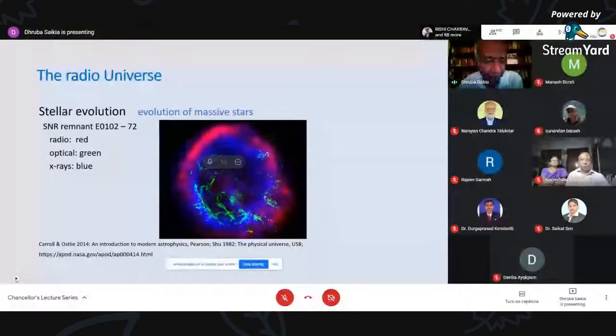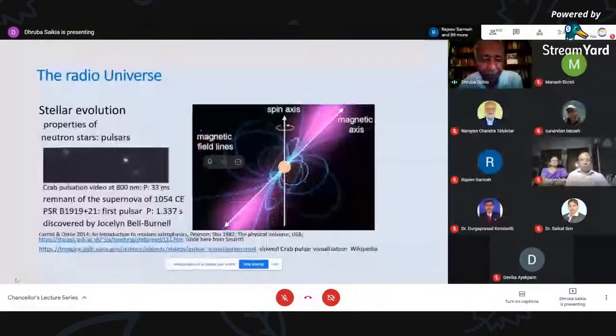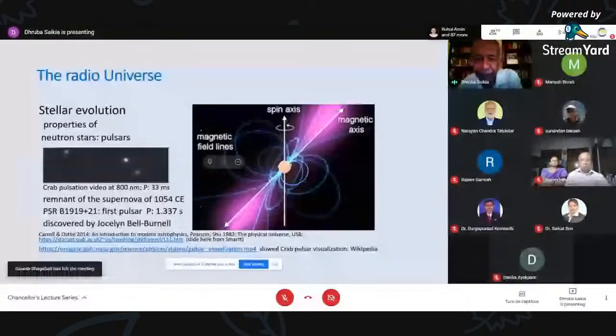And because of the momentum which is imparted to it, these remnants rotate very rapidly, and the magnetic fields with which the star was associated get compressed into the small structure, and you have magnetic fields which are of the order of 10 to the power of 12 Gauss or so. Very strong magnetic fields, and these strong magnetic fields accelerate particles along the magnetic field lines, and they're spinning around,